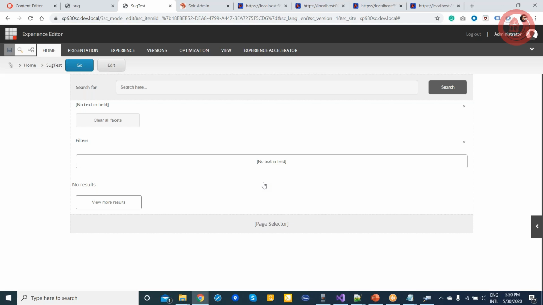Jitendra, this is Deb here. There is one more question that I had: is there any auto suggest kind of feature also available in SXA? So SXA supports the search, but there is no component or control which you can drag and drop in the Experience Editor. Auto suggestion is supported by Sitecore, but you would need to configure it separately. It's part of Sitecore search, but you can't configure it as a part of SXA. That's your point. Okay, thanks. Yeah.